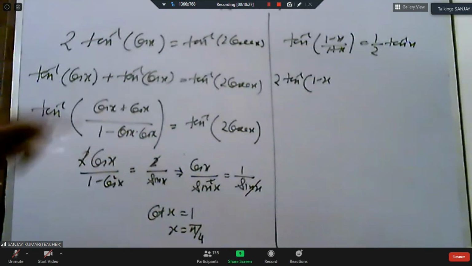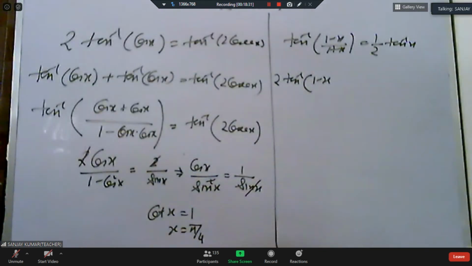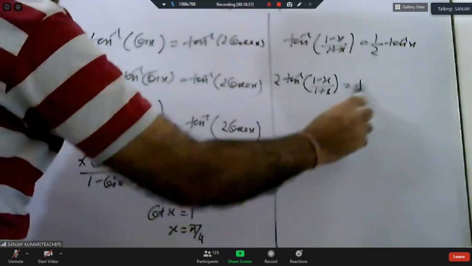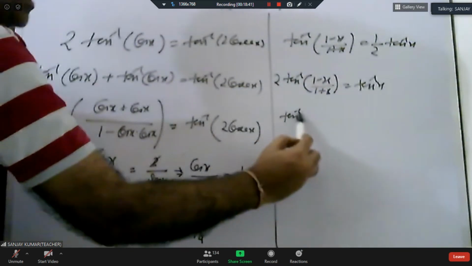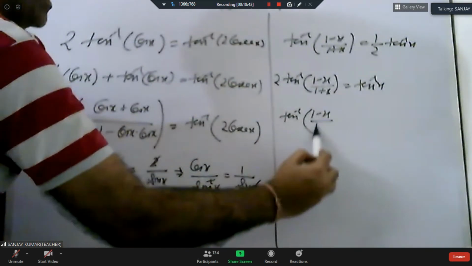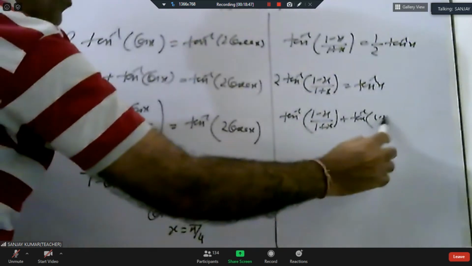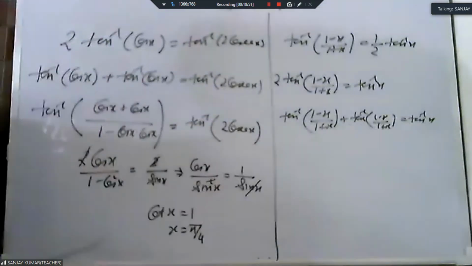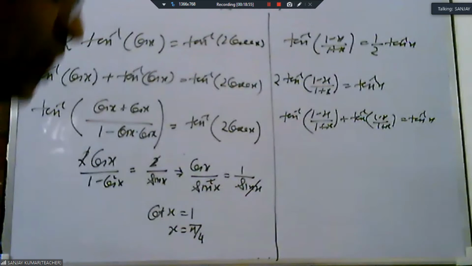When we have tan inverse on both sides, then you can only compare. Then what do we do with the half? We cross multiply 2, and we get 2 tan inverse equal to tan inverse x. Now this again breaks into 2 parts, by the same method. Then we apply the formula and we get the answer. So this is for you. Okay, you solve this question and give the answer.